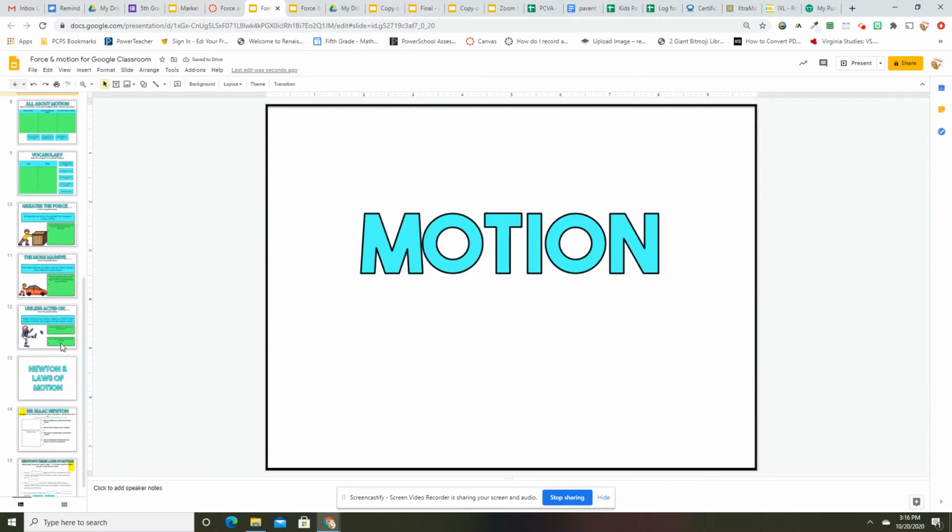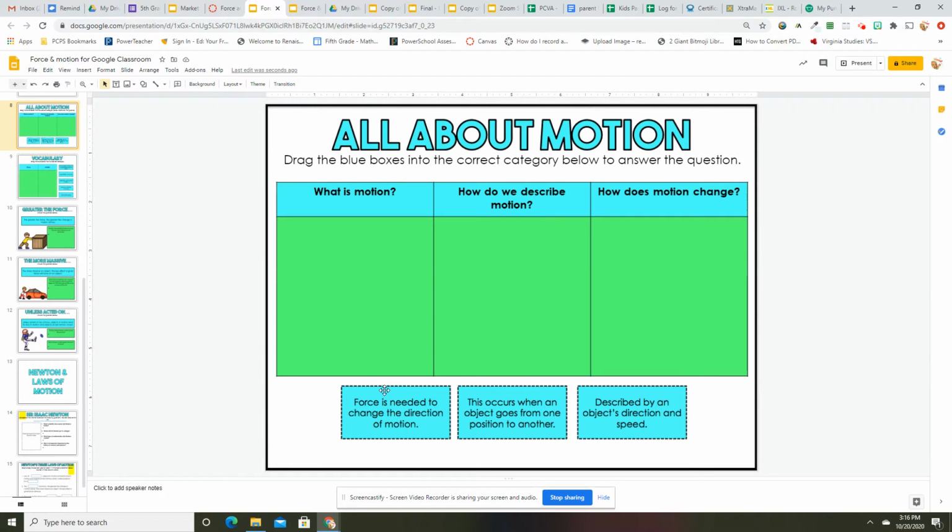All right, so now we're going to talk about motion. What is motion? How do we describe motion? And how does motion change? All right, so what is motion? Motion is,